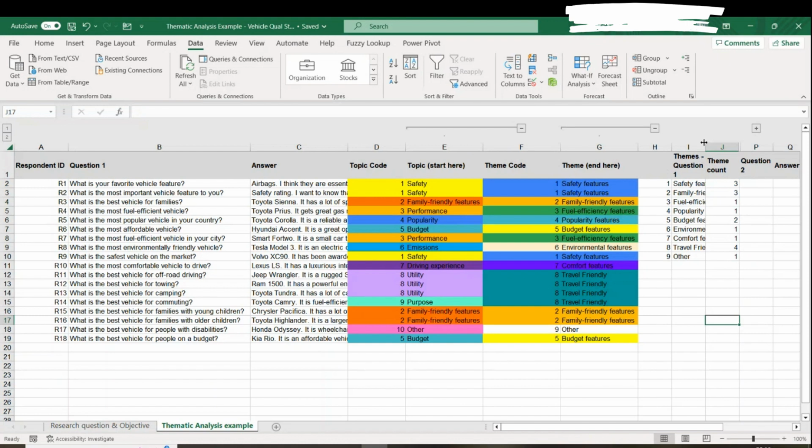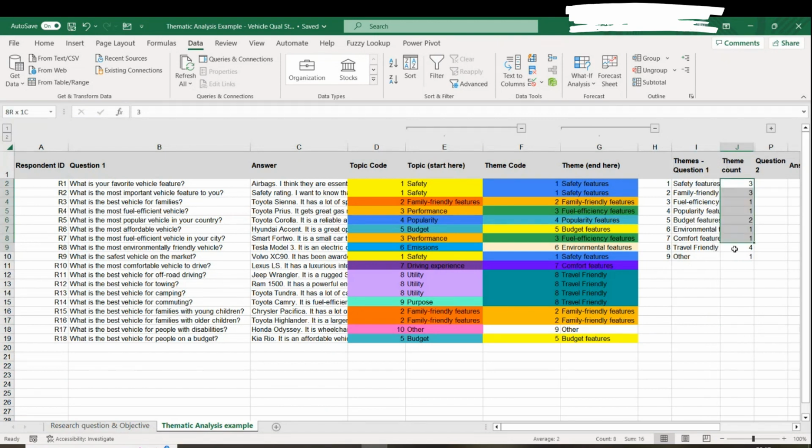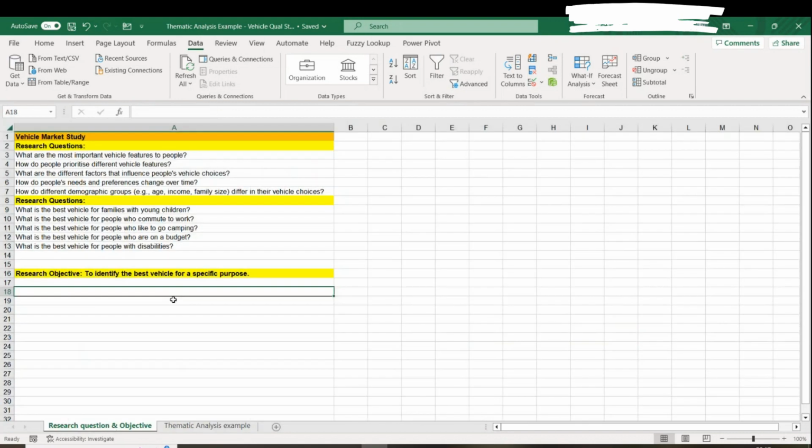But in a sense where you just wanted to highlight what theme came out more, as you can see from here, travel friendly was the most important feature in terms of a vehicle, what people are looking for, followed by safety features as well as family friendly features. So then you can answer your research objective that